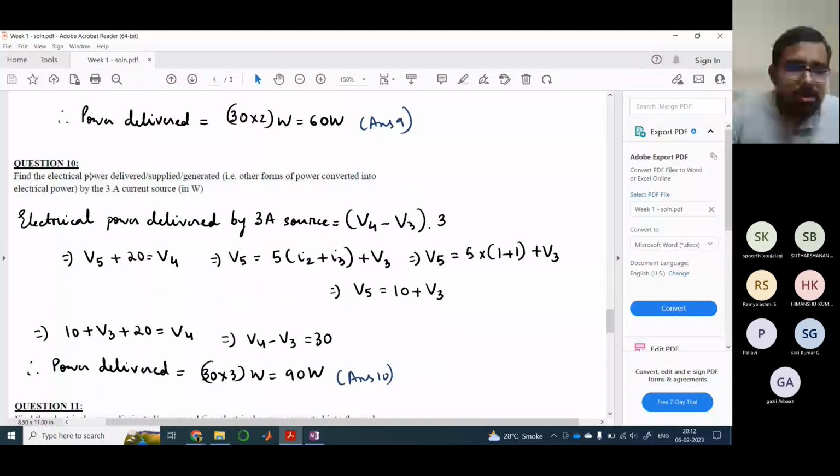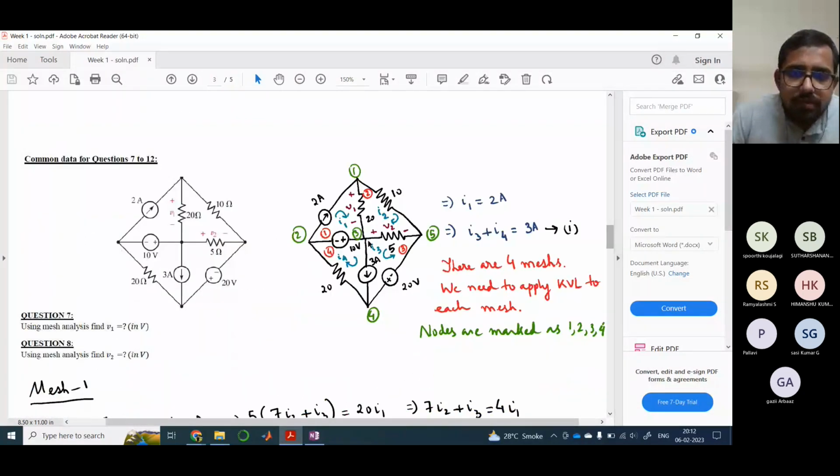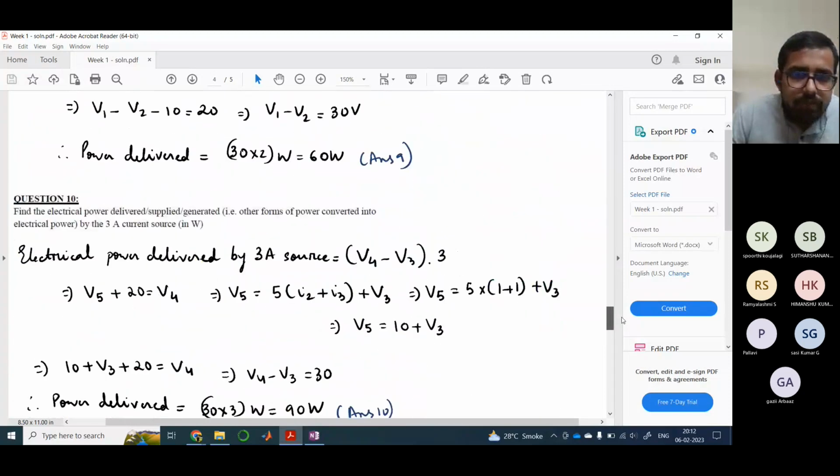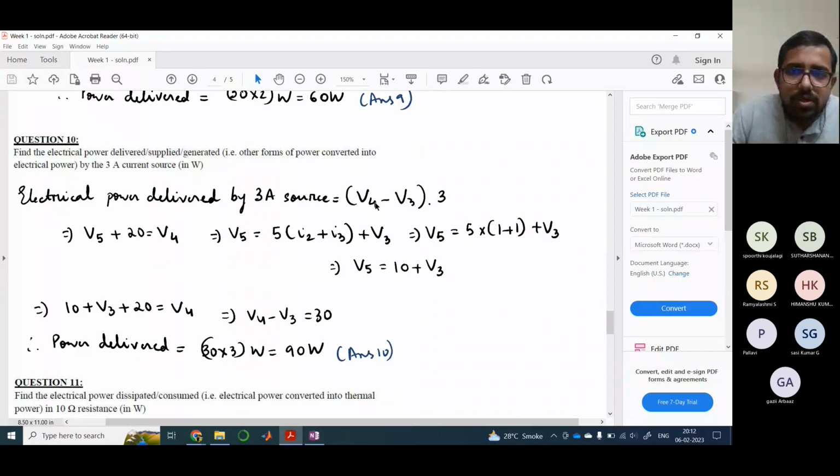Again, they are asking, find the electrical power delivered supplied by the 3 ampere current source. So what is our 3 ampere current source? This is our 3 ampere current source, right? And my power delivered would be nothing but node voltage 4 minus node voltage 3 into 3 ampere, right? So simple. So this is what I have written: node voltage 4 minus node voltage 3 into 3 ampere,